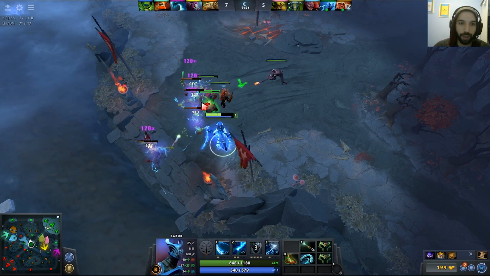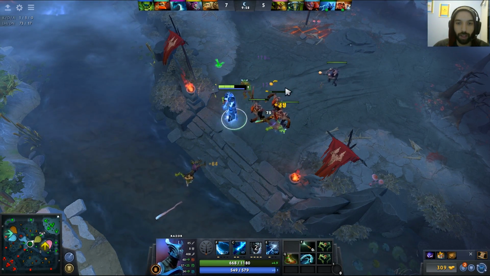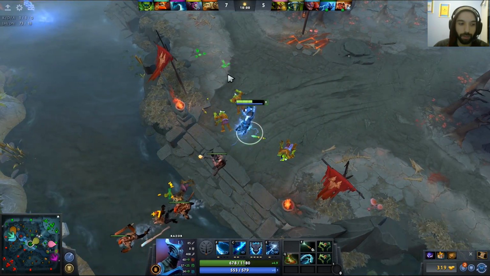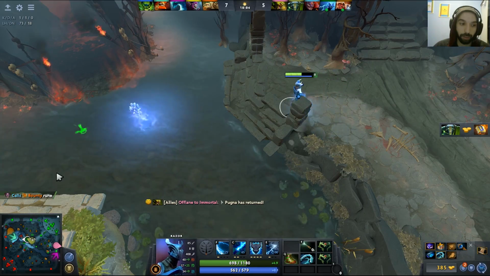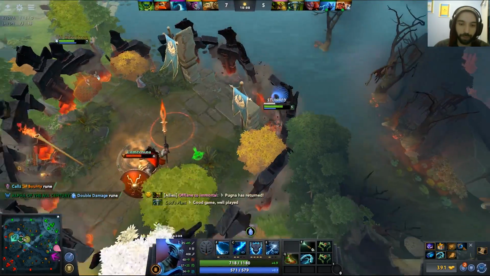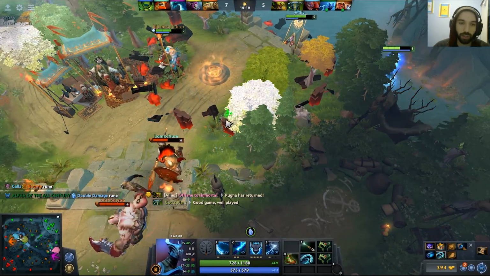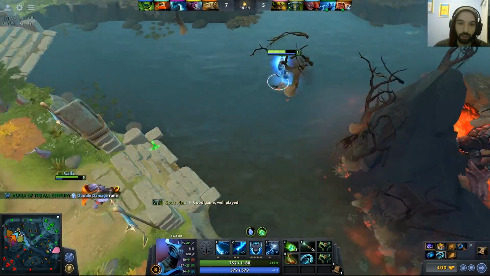We should just avoid fights for now, because that Pugna is pretty strong right now, boys. And we should just farm a while. Then when I get my item, I will get Euls for sure, because in this game it's really good against Pugna, boys. You can always consider buying Euls, because you just stop life drain, you can just survive through his...